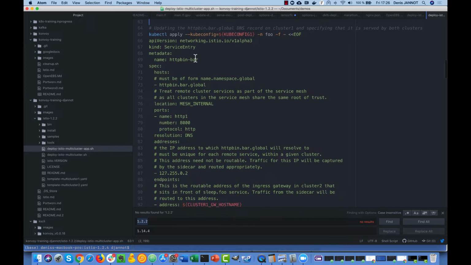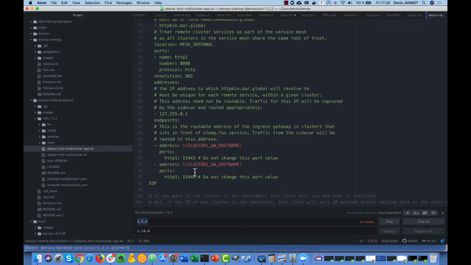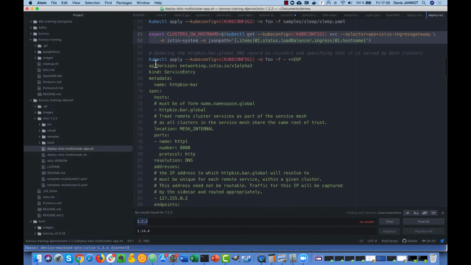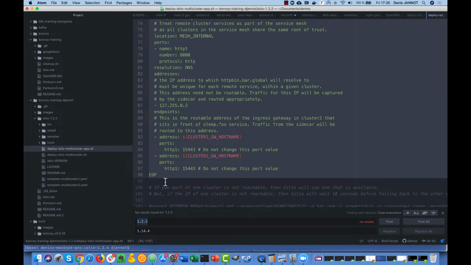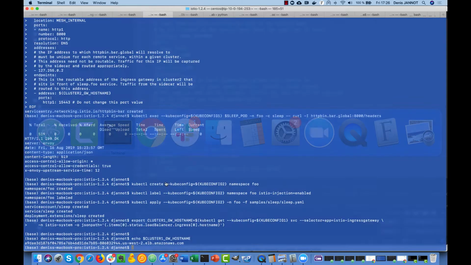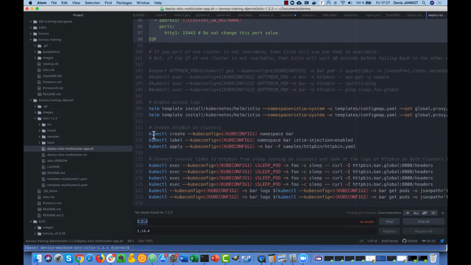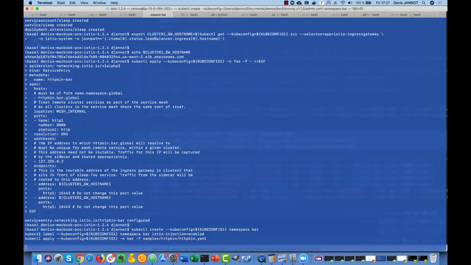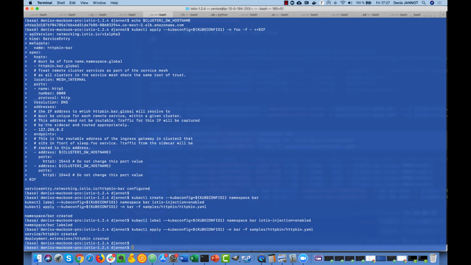And now we'll update the service entry we created before, but in this case we will indicate the two gateways so that we'll get the request round robin across these two microservices, one that is on the first cluster and one that is on the second cluster. And obviously we need to create also the httpbin on the first cluster. So you get these two microservices running on both sides.